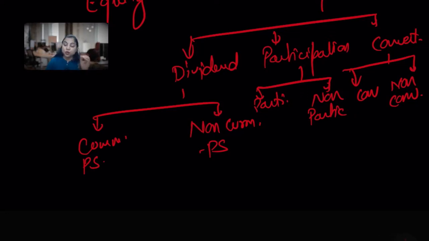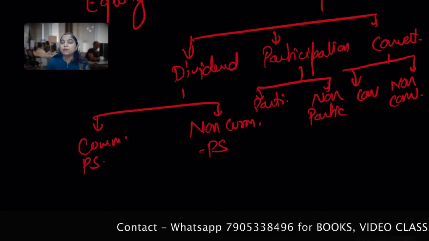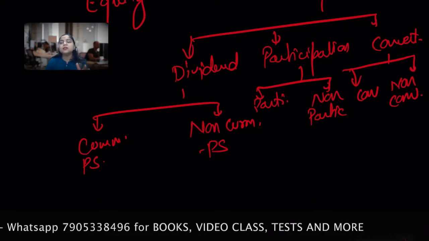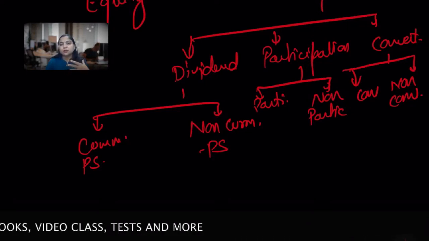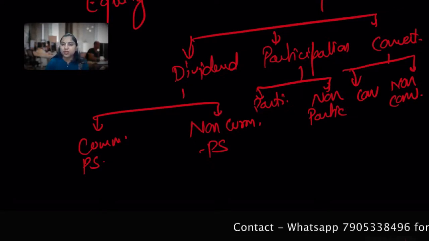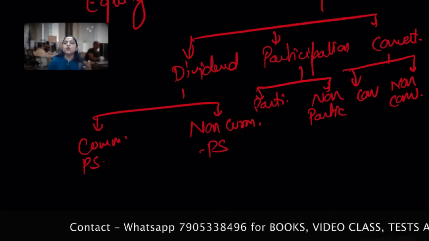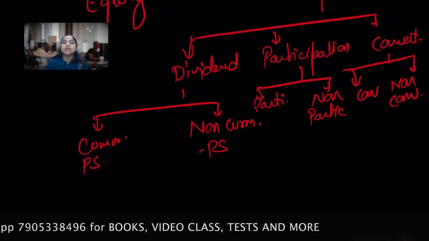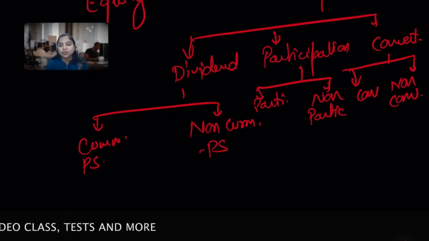So I am just giving a quick recap of equity share capital. Equity share capital is about the company which is limited by shares, so it does not come under the preference share capital. Equity share capital has voting rights, and they have a differential right regarding the dividends and the votings and various other rights.